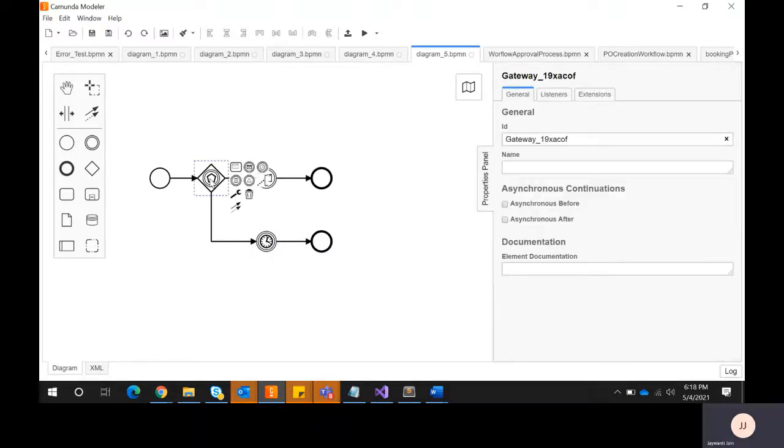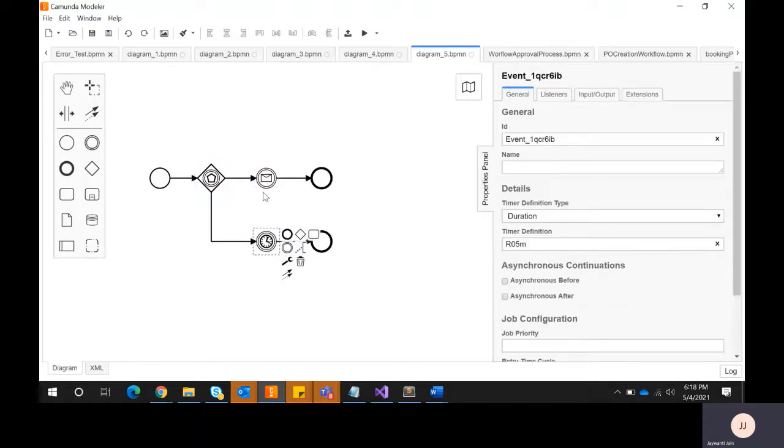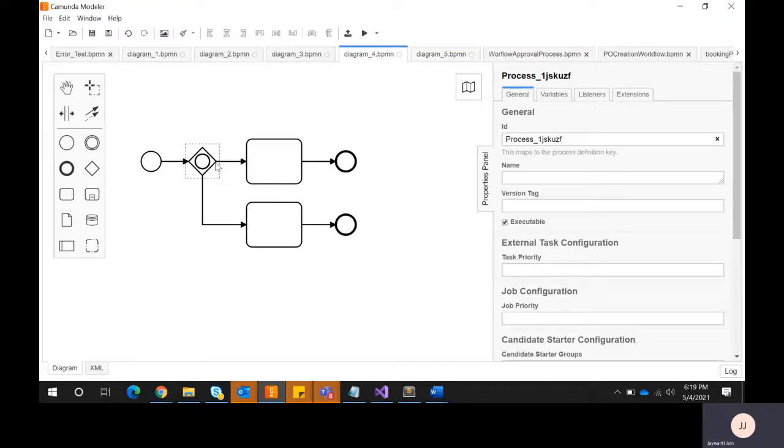Here we can have anything, like a message or a boundary event. Right now I have added one, that is a message. We are waiting for a message, which is ultimately an event firing. And here I have attached a timer. So if the event does not fire within the timer, it will take this path and end the process. So these are the basic 4 gateways that we are using. First is the exclusive gateway that I have explained.